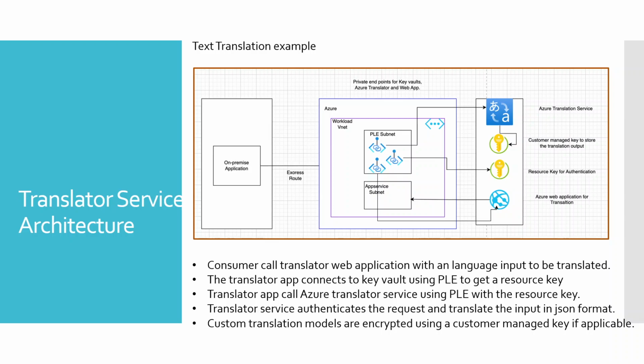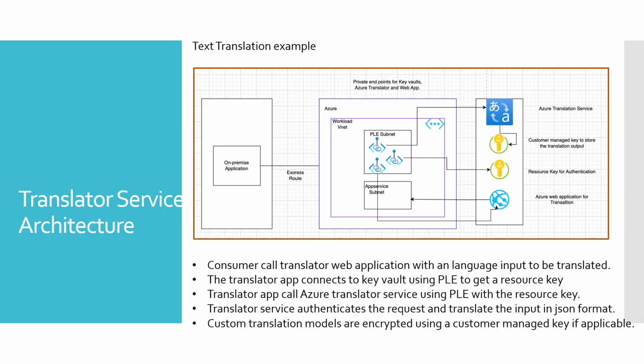With private connectivity, it connects to that web application, and the web application uses a key vault with a private link endpoint to get a resource key which is used for authentication. Using that resource key it calls the API of the translator service, again using the private link endpoint, and the translator service with proper authentication using the resource key